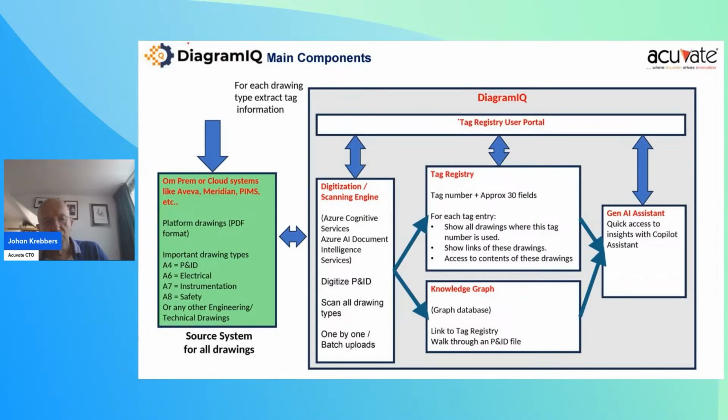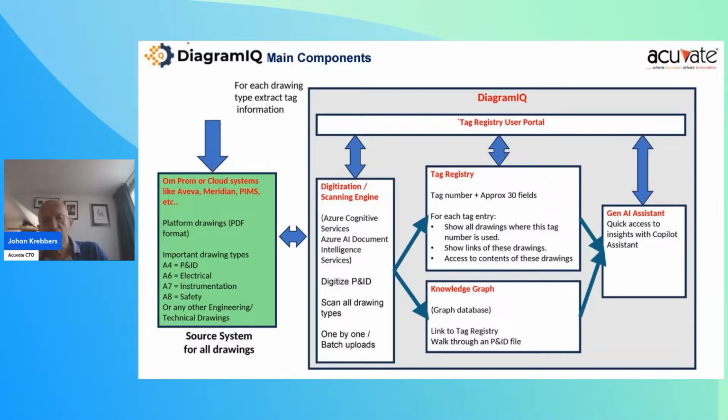So you got the typical users, you got administrators, super users, what have you. They all have different privileges, and you got workflows for people who cannot make changes to the tech IDs. And on the right, you see Gen AI Assistant, which is Microsoft Copilot, where we can ask any question. You can ask any question about any tech ID in your own language. So the Copilot has a full-blown interface, both the tech register and the knowledge graph.